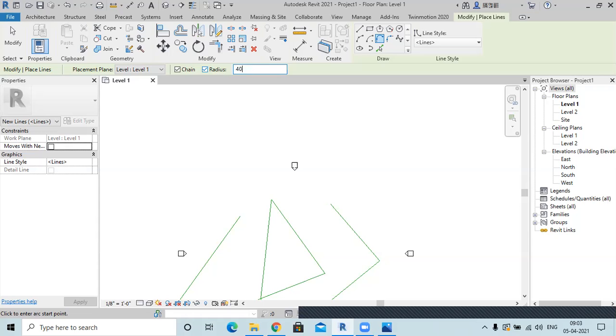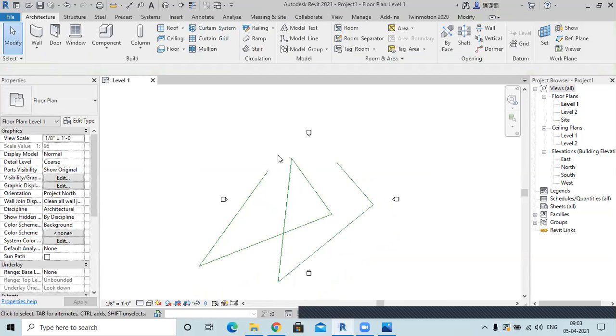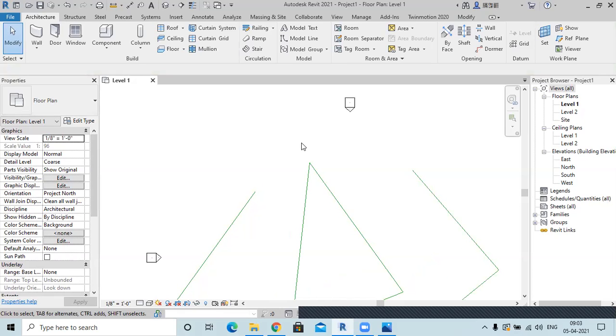Okay, so if I give it a value of 40 feet, then my arc will be at 40 feet of radius. You can't change the radius. Then you can change the direction of the arc to one point or the other, but you won't be able to change the radius because you have specified a particular radius here. So this is very important when it comes to different types of modeling you have to do. Sometimes you have some specific radius or maybe an angle or a length on which you have to restrict your structure. Then this is very important.